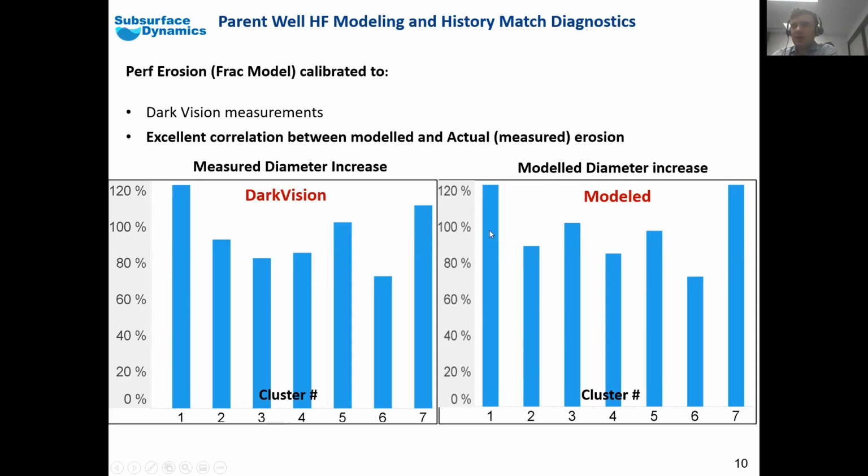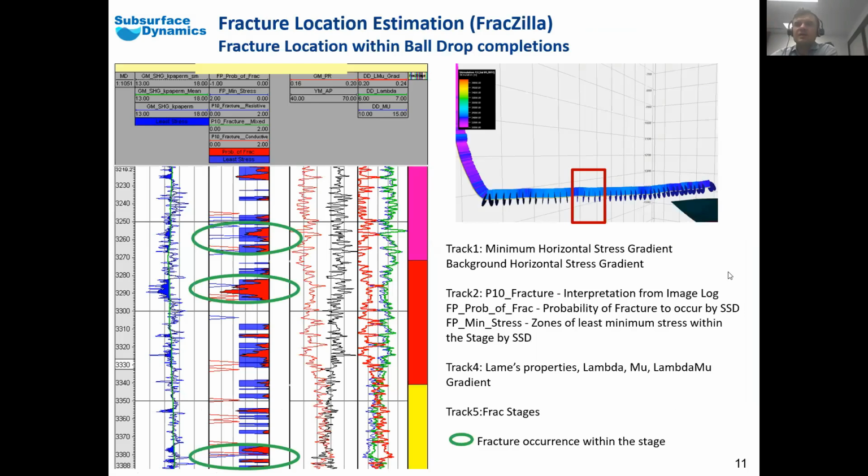So, if you can accurately predict your erosions, then you can accurately optimize your completion designs. Then the next workflow that we developed is going to the ball drop technology. Basically, the main problem with the open hole ball drop is we don't really know where the frac is